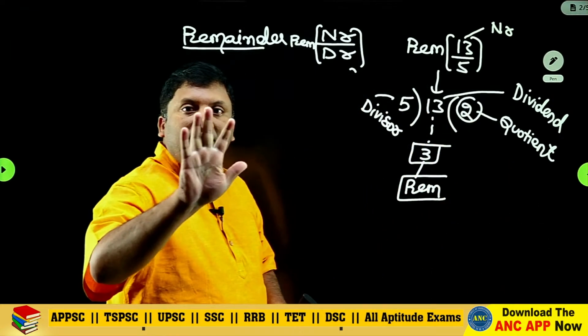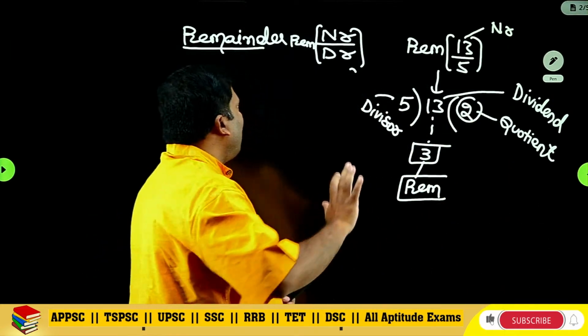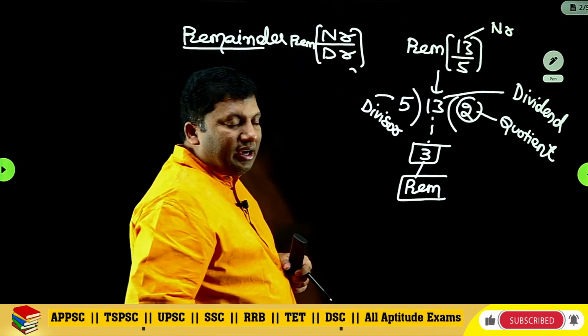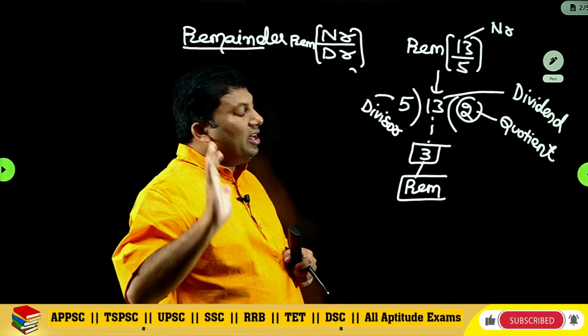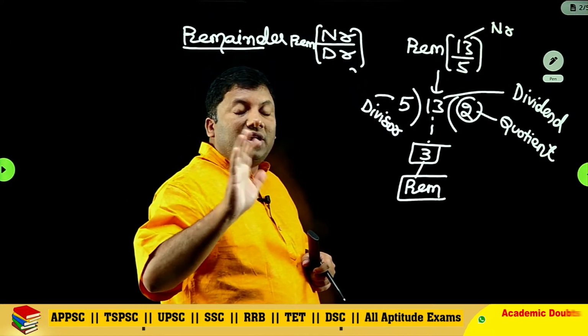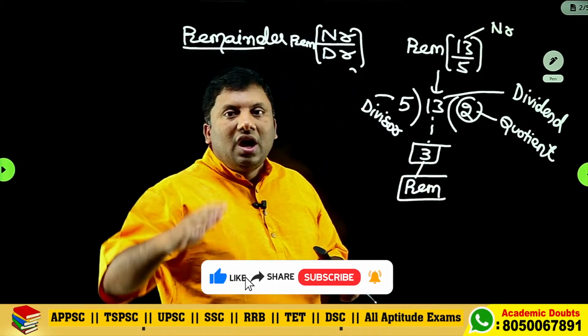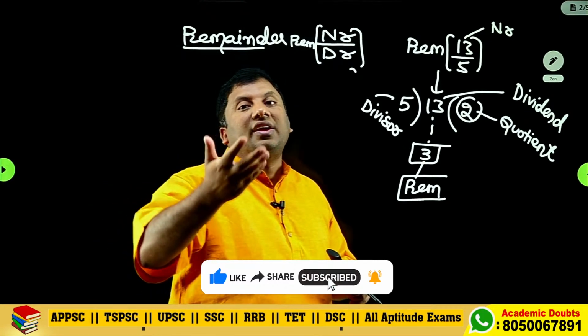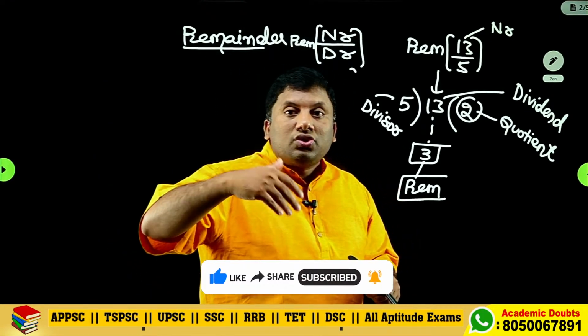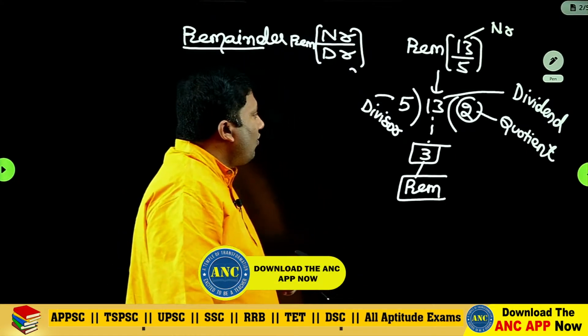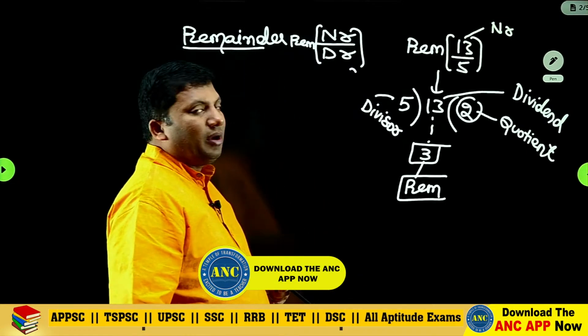All the problems will be of this format only. What is the format? The dividend will be there in the numerator. The divisor will be there in the denominator. We will not write the quotient; it is hidden in all the questions. How many times is 5 dividing 13? 5 2s are 10, right? That 2 is something which we will hide. What is left over is called the remainder.